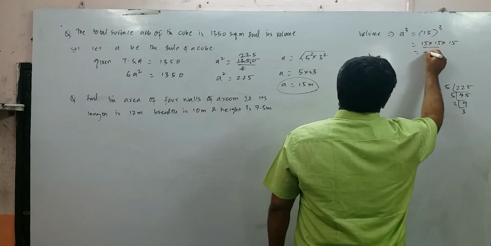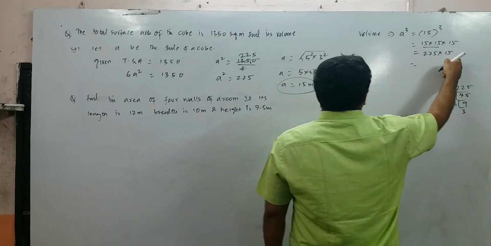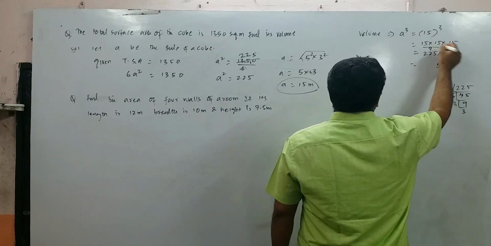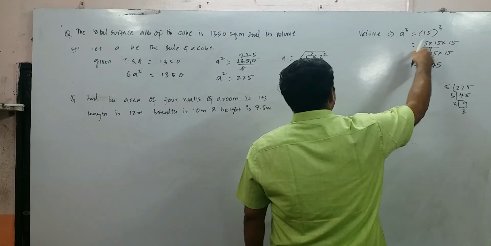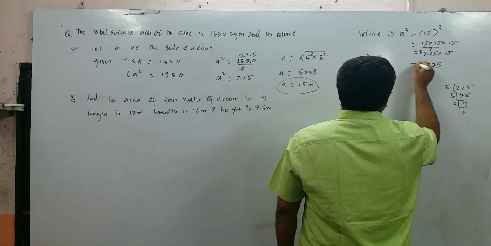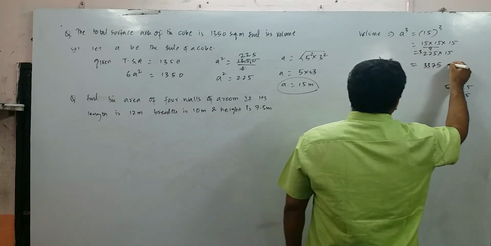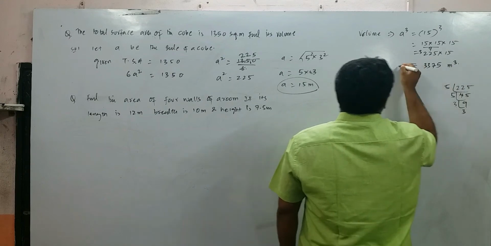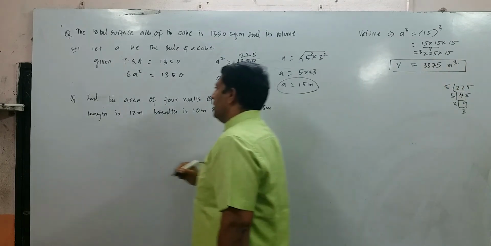What is 15 15s? 15 15s are 225, followed by again multiplied by 15. 15 5s are 75, 5 7 carry, 15 2s are 30 plus 7 37, 7 3 carry, 15 2s are 30 plus 3 33, 3 3 7 5. So my dear children, if you write till here, he won't give you full marks. You have to write meter cube. So the volume of cube is 3375 meter cube, right?